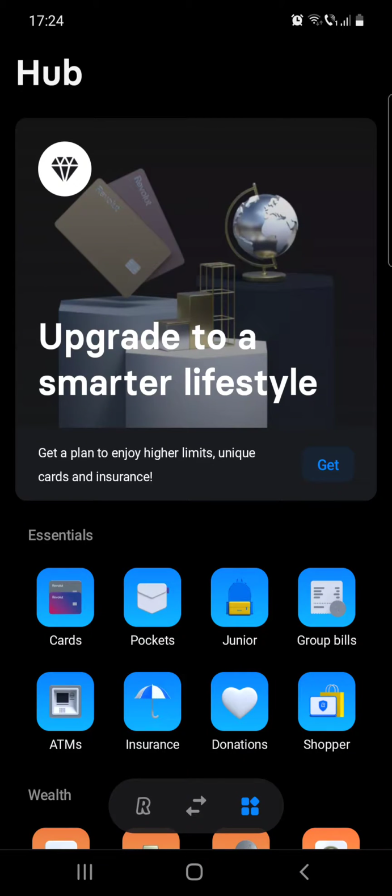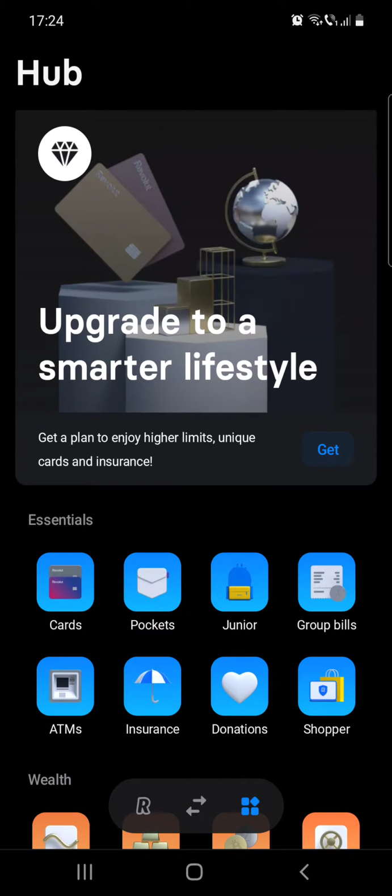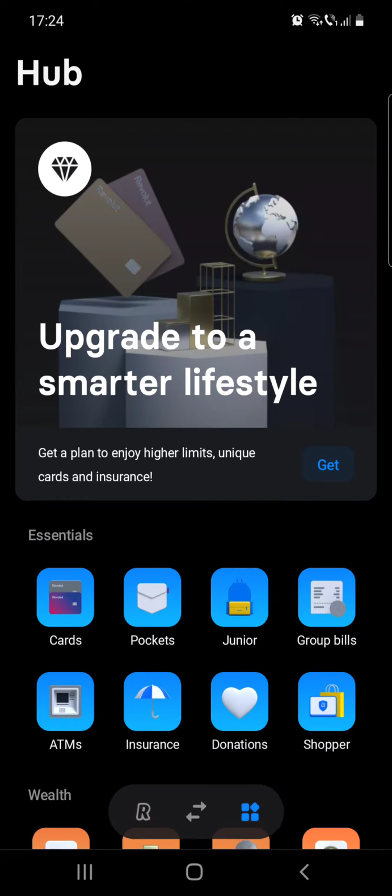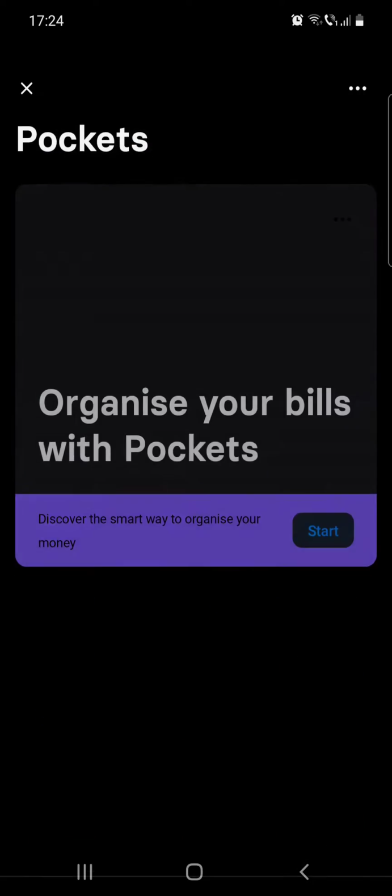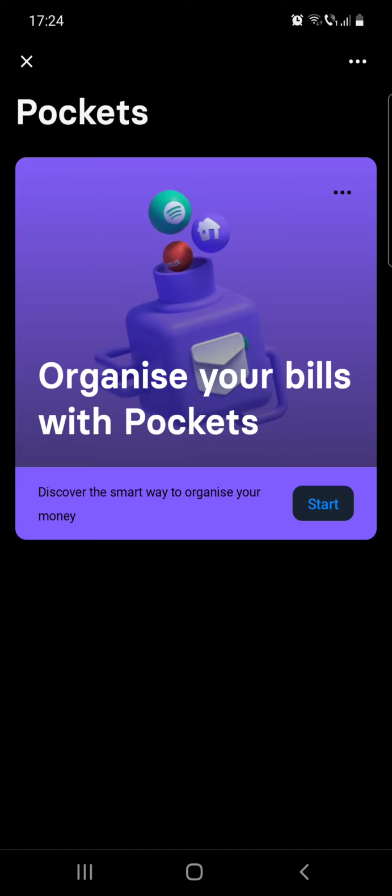Hello guys, in this video I will show you how to use the pockets function in the Revolut app. So first of all, you come to the apps section, the features section in Revolut, and then the second little icon is the pockets. Go to pockets, and here when you start this you will see a short explanation what